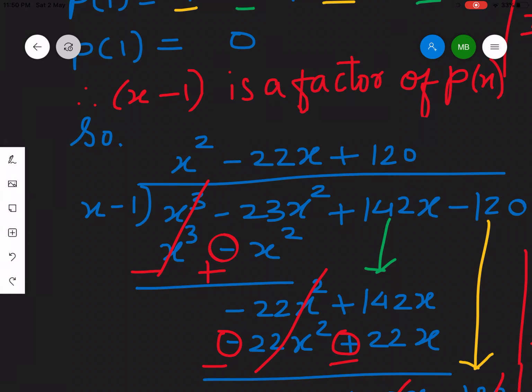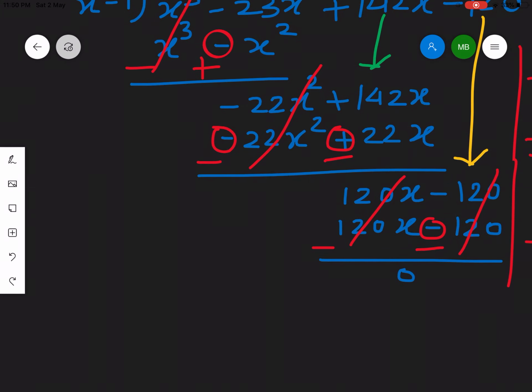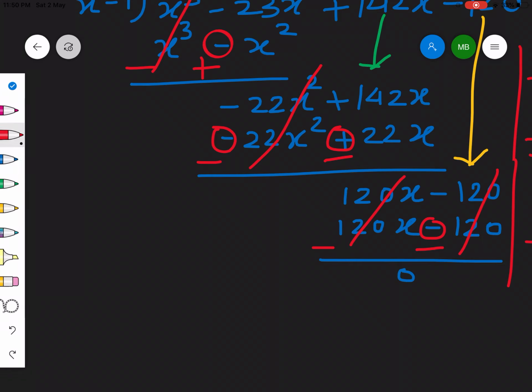And now what we have to do, is that all done? No, it's not complete yet. So now see, if I say that 2 is a factor of 8 and 2 divides 8 4 times, and you get 4 as the quotient, how will you write? You will write 2 times 4 equals 8, isn't it? The same logic you have to apply here, that when I say that my p of x is divisible by x minus 1,